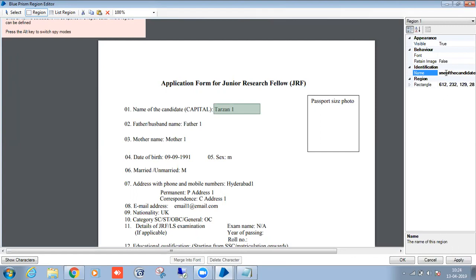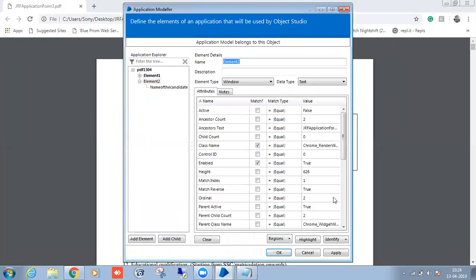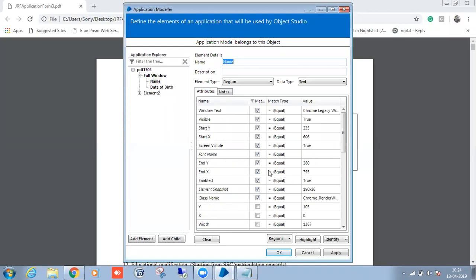So like that. Apply. Okay. This is how we will do. So the first one we have created the element. It's the name, the date of birth. So now these are the elements we have got, right? So if you create them over there directly, those elements will come here. Okay, elements and attributes, everything will come here. So see, you can see the regions.